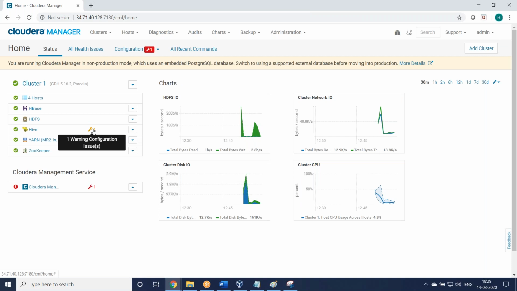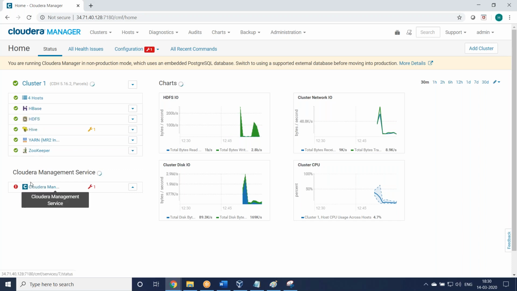What are the other issues that may happen? Correct. If HDFS or HBase has less memory allocated, not enough memory, they will get a red color. Red color means it will show bad health. So we have to click on that and see what the issue is.